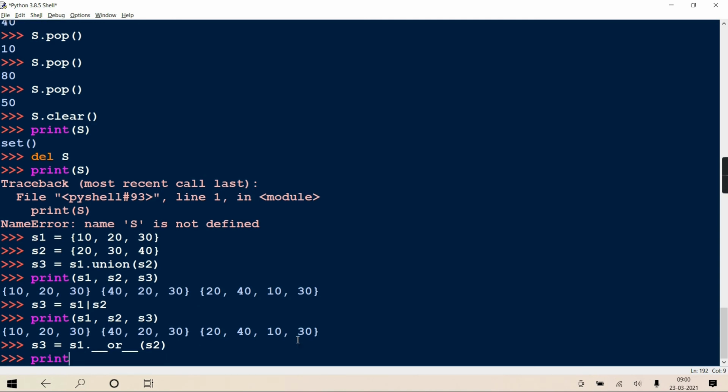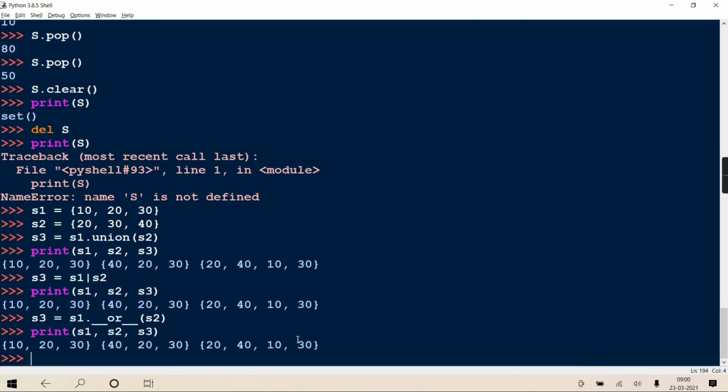If you print S1, S2, S3 again, you will get a similar result. So this is that magic method or dunder method which is getting called here. For us it is an ease of using the OR sign, but internally it will call this dunder method. Or you can use the standard union method also.